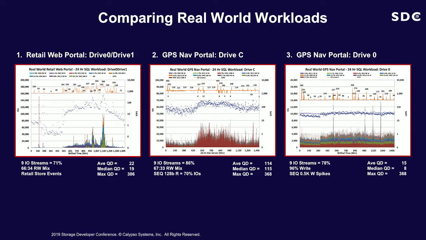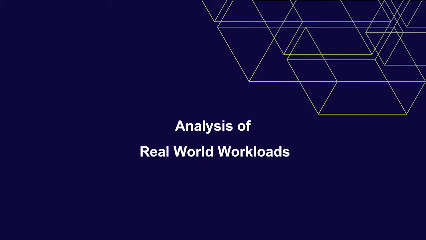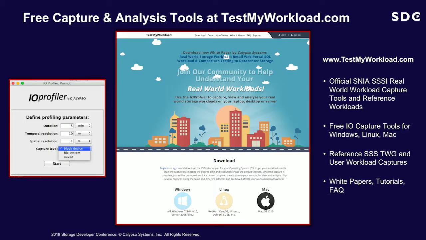Zooming ahead. Okay, so if you go to testmyworkload.com, you can download an IO capture applet that looks like that little circle in the bottom. And then when you load it, you open up the applet and it says IO profiler. You can pick a time, a resolution, and the file system or block level to do the capture, and then it'll run. So if you go to Test My Workload right now, you could,